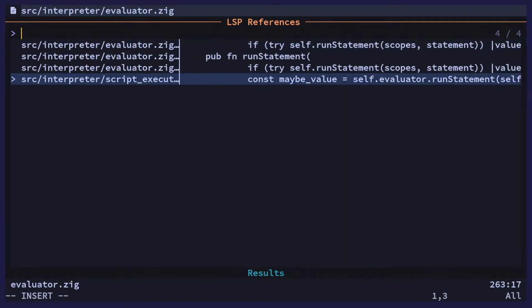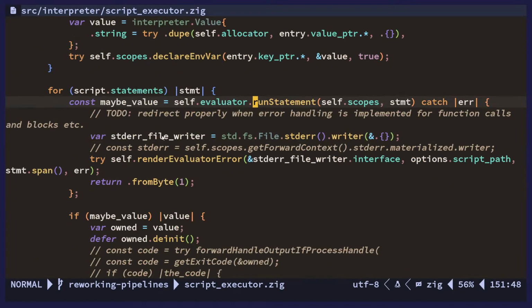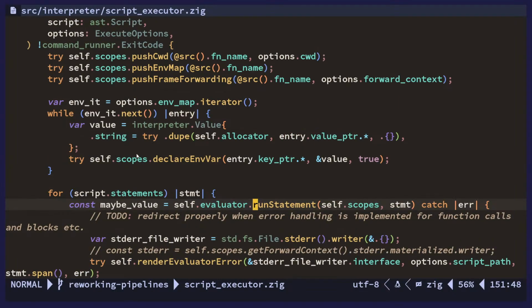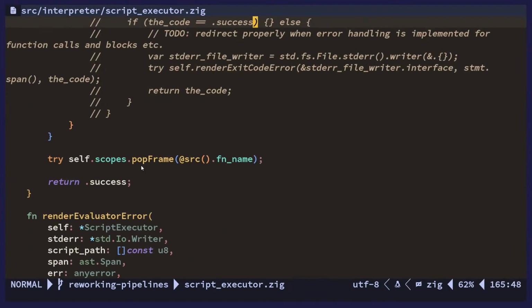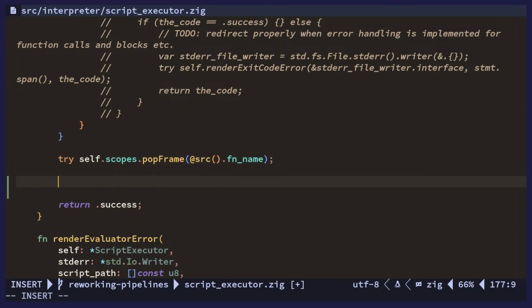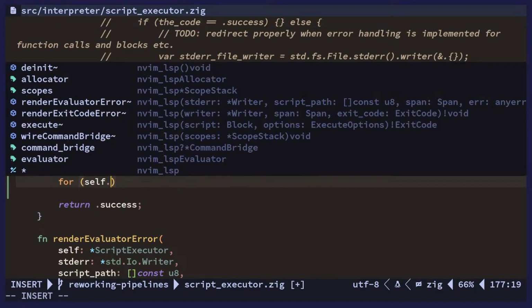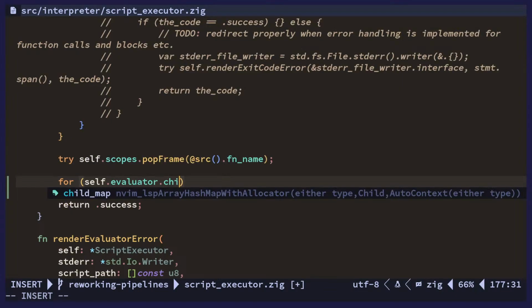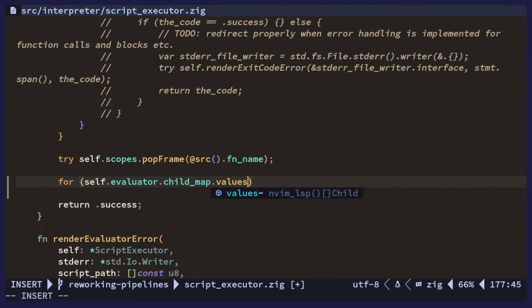Let's see, this is called here. That's right. So when everything is done here, we now have to kind of wait. So yeah, now we do like for evaluator child map values child,